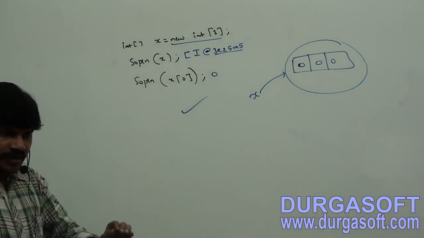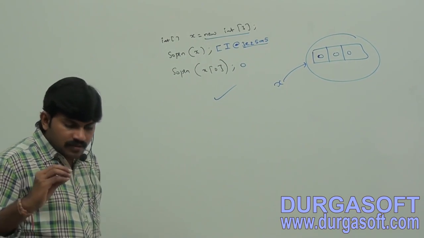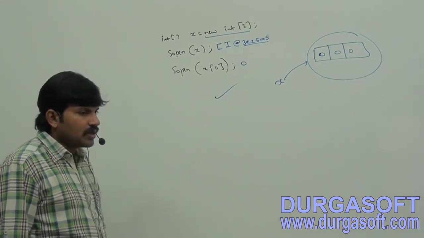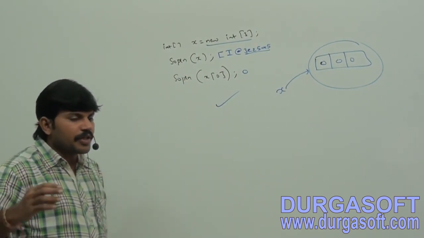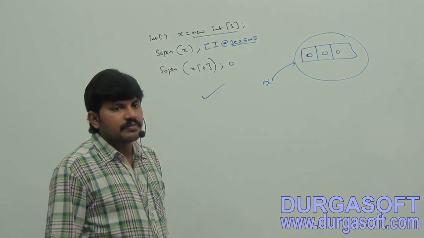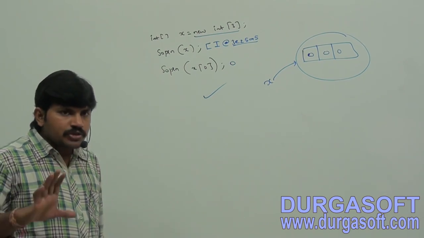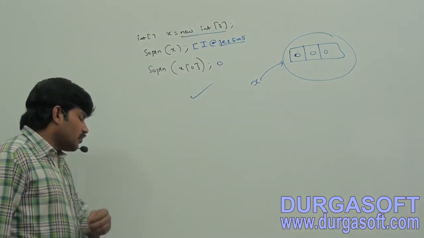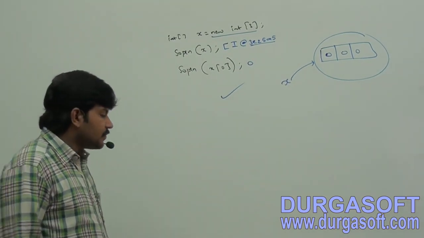Okay, next point. Note, whenever we are trying to print any reference variable, internally the toString method will be called, which is implemented by default,